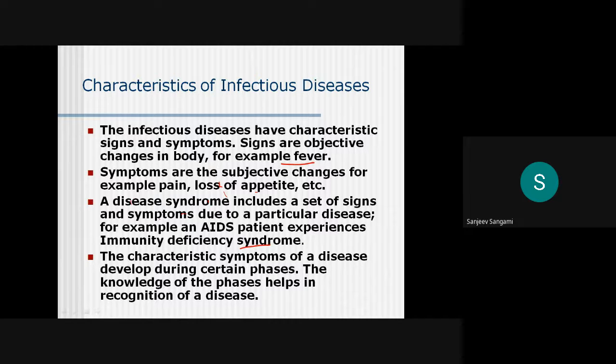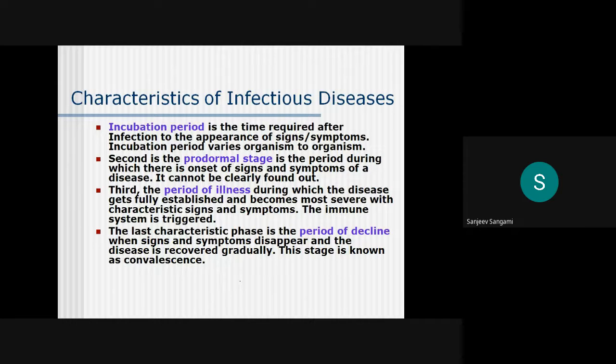The characteristic symptoms of the disease develop during certain phases. Some of the symptoms of a disease definitely develop during certain phases. So knowledge of the phases helps in the recognition of the disease. See in what phase it is acting, so that you can always talk about it. The incubation period, the prodromal stage, the period of illness and the period of decline,